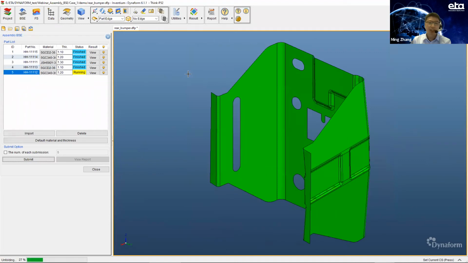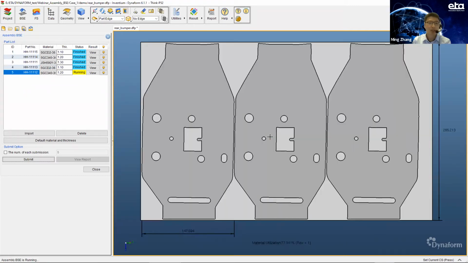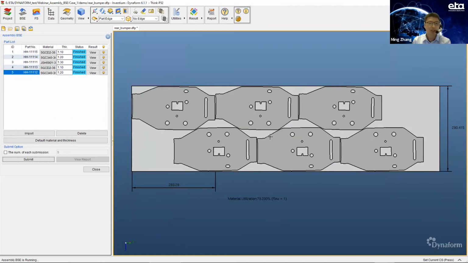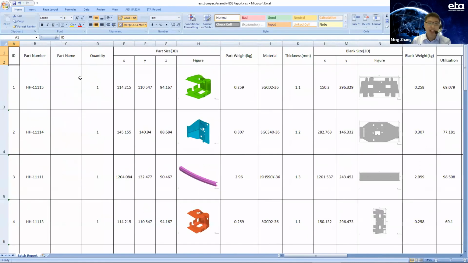So on the screen, it prints out the part shape and the nesting result. So now we are running the last one. It will be done in just a few seconds. Okay, so now all the parts are finished. As you can see on my screen, the status for all the parts is showing finished. And the software is actually working on the report now. So once it's done, now let me